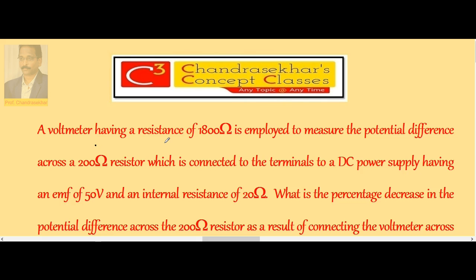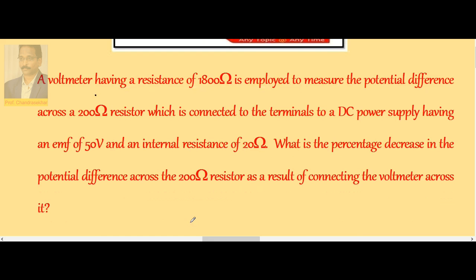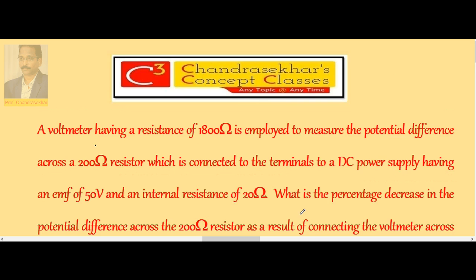A voltmeter having a resistance of 1800 ohm is employed to measure the potential difference across a 200 ohm resistor which is connected to the terminals of a DC power supply having an EMF 50 volts and internal resistance 20 ohm. What is the percentage decrease in the potential difference across the 200 ohm resistor as a result of connecting the voltmeter across it? Here 200 ohm resistor is connected to a cell of EMF 50 volts and resistance is